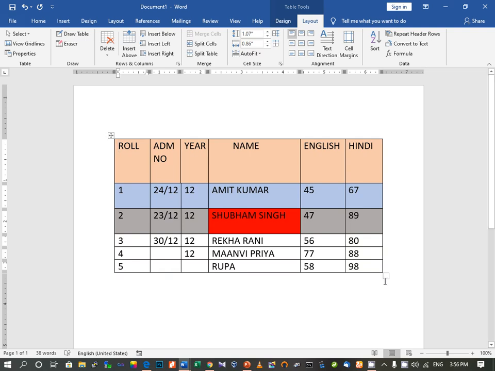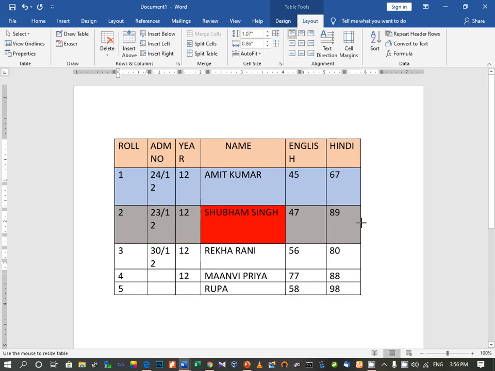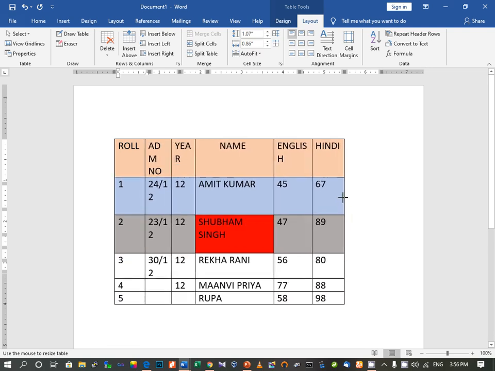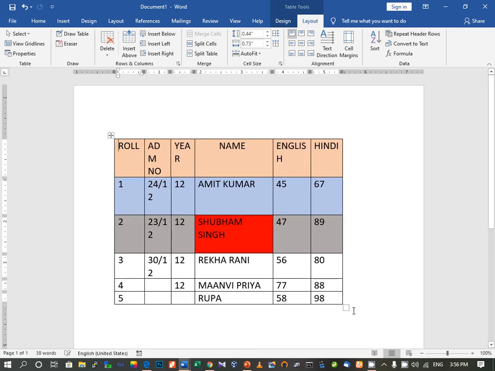From here, if I drag my table upwards, you can see that the table becomes big or small, whatever way you want.